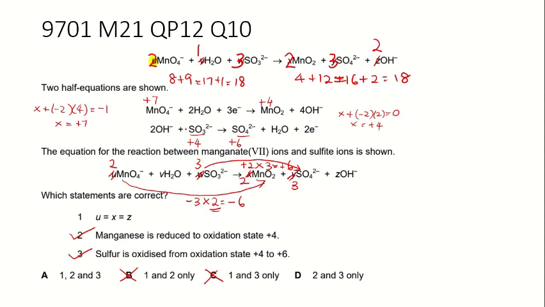Now let's check. U is 2 here. X is also 2. Z is also 2. So number 1 is also correct. So the answer here for this question will be